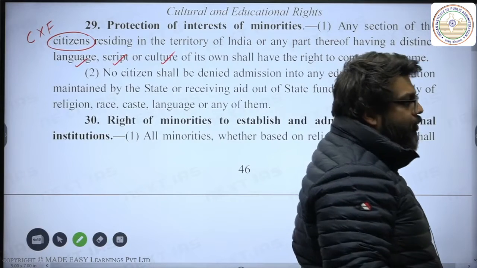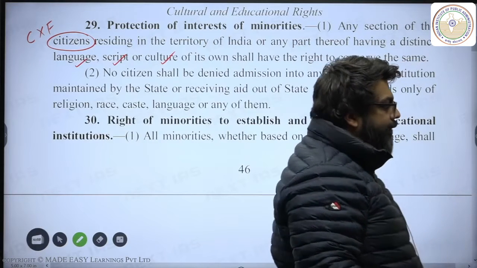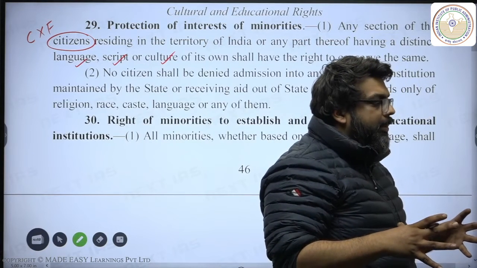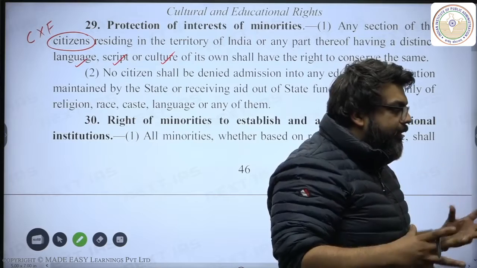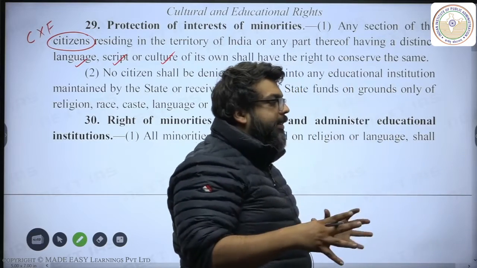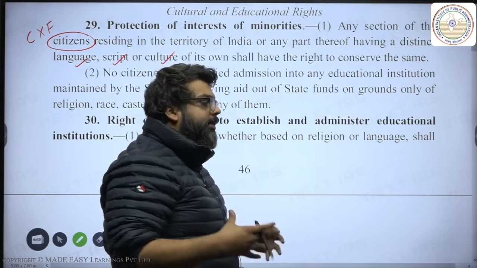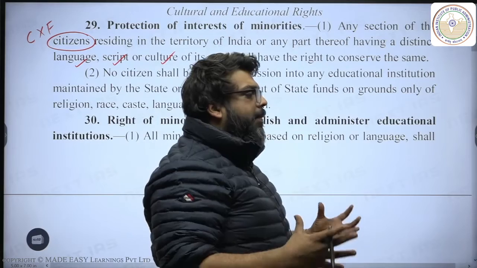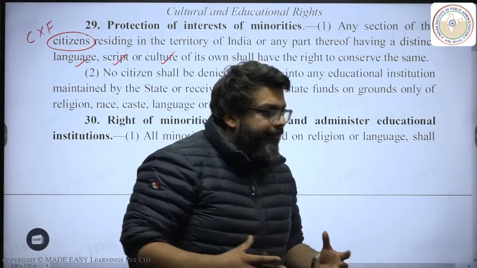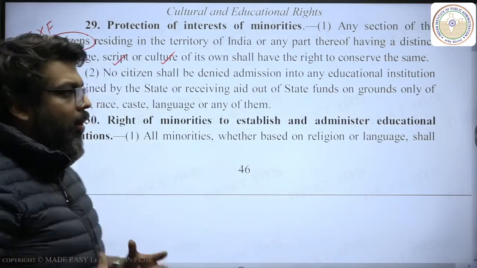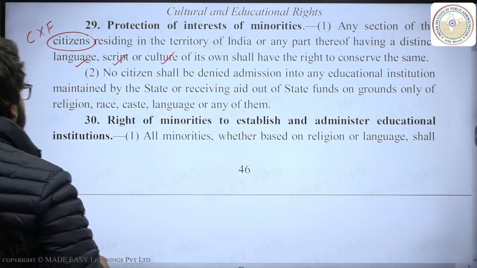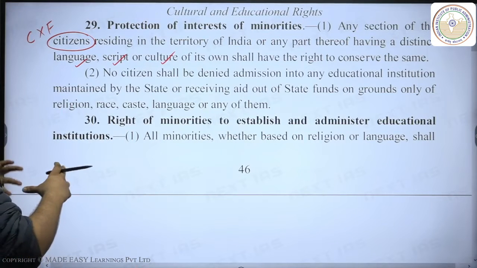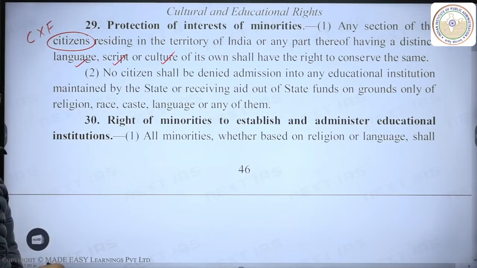Now this explains to you that there is no defined criteria as far as minorities is concerned. People use the term minorities rather loosely, and that's perfectly fine because constitutionally speaking, there is no defined meaning of the word minorities. Now, when we look at Article 29 Clause 2, we'll be able to understand what it is that we are referring to.